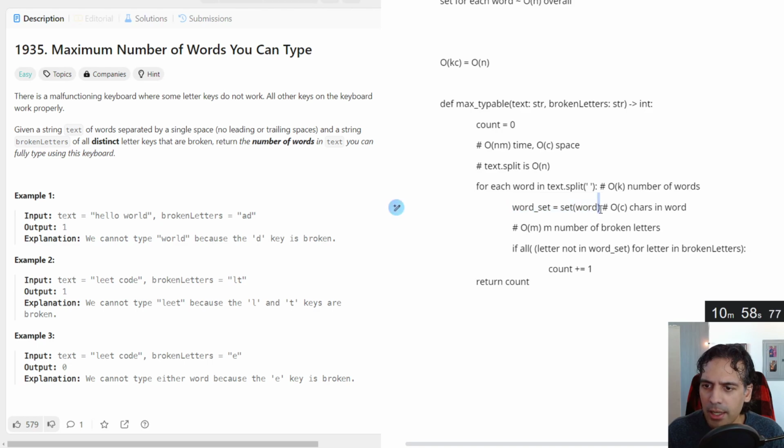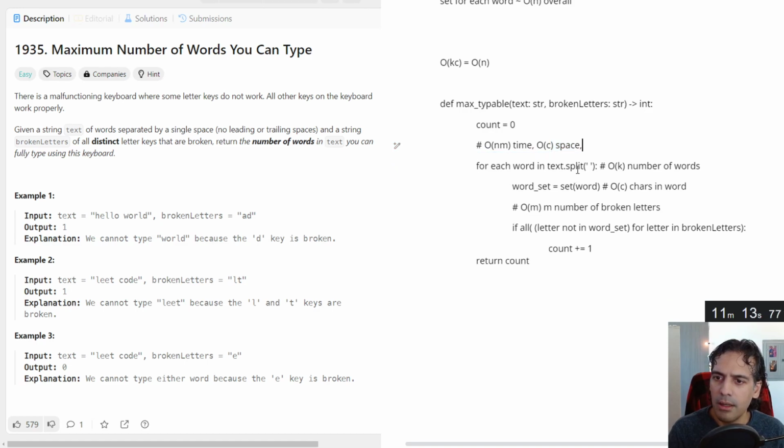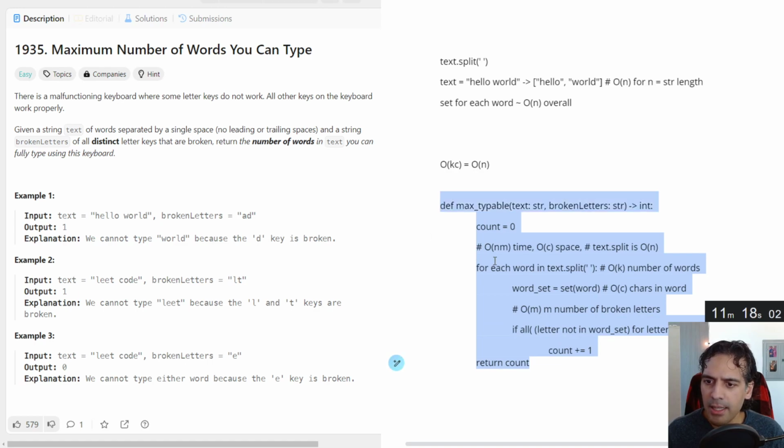And technically we can put this inside of here also, but because it's part of this for loop, let's keep it outside. Even though I think not the compiler, but the interpreter would figure that out. No need to make life hard for it. Okay, I think this makes sense.